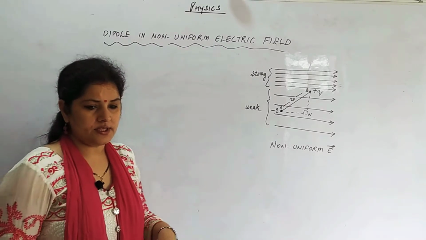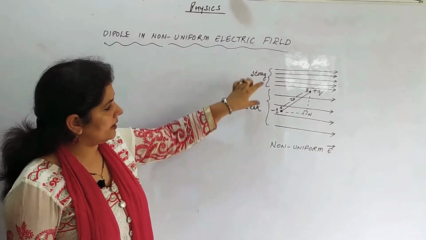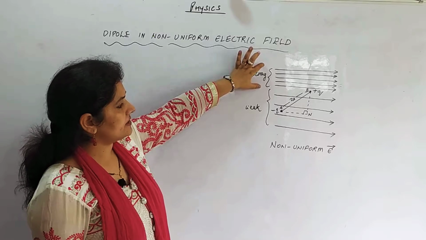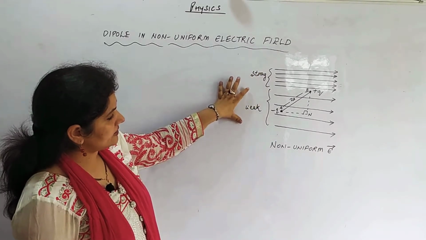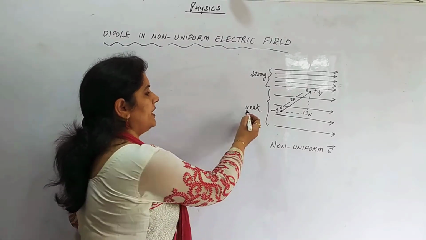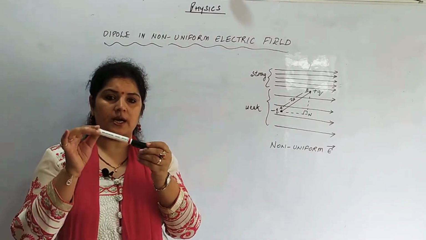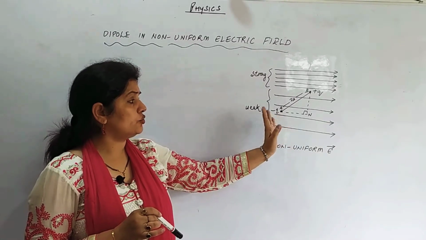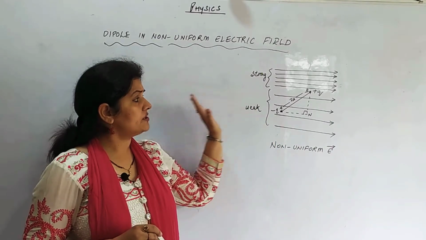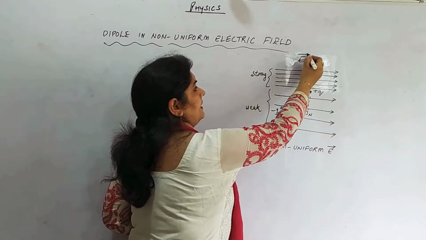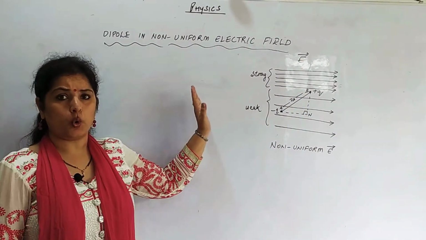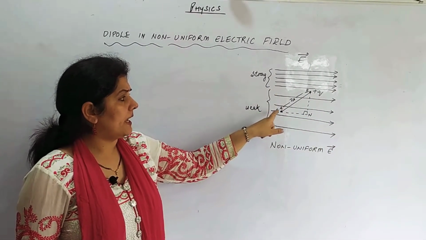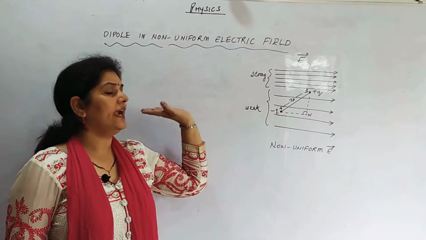Right? I hope you can see the diagram. In this diagram, these field lines are closer, these field lines are farther. It means this region has strong electric field and this region has weak electric field. Whenever we keep a dipole at an angle theta, yesterday we studied that the minus q charge will experience a force in this direction, because the electric field is headed towards the right. This side is plus, and this side is minus, so the negative charge will get accelerated towards the left.